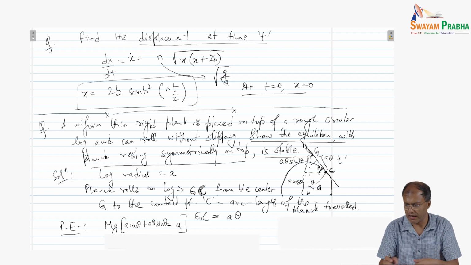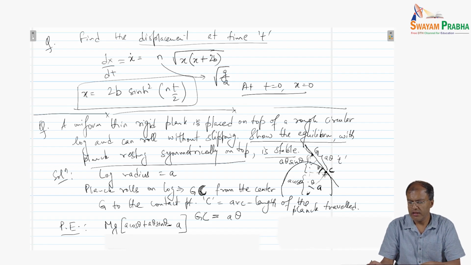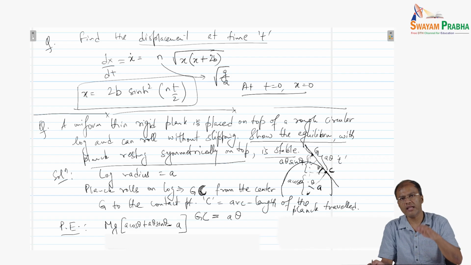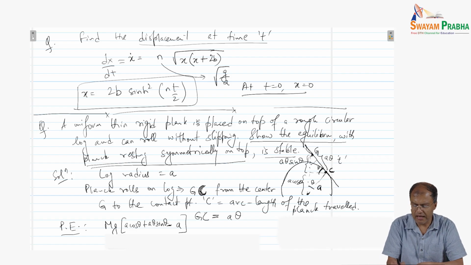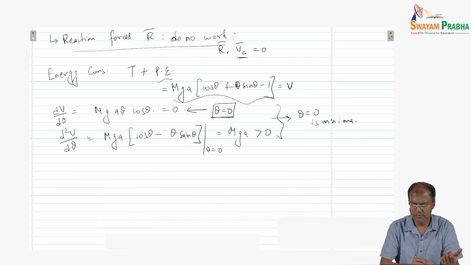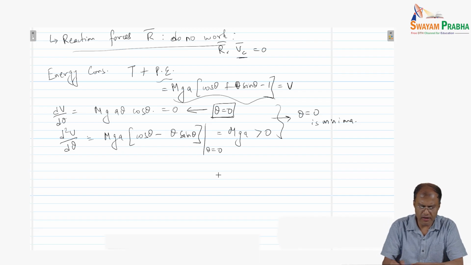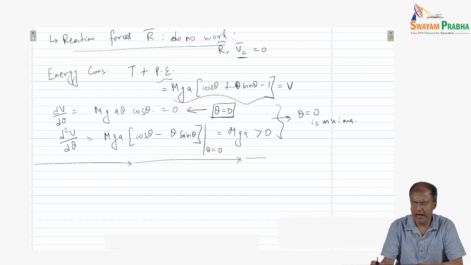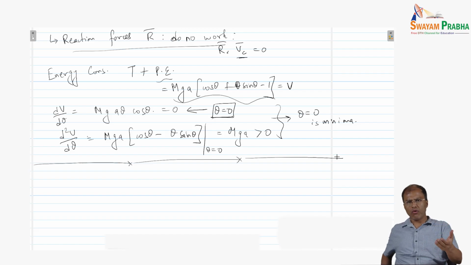Let us go back to the diagram. When theta is 0, we expect that the contact point is at the highest point, which is at the top of the log, right? So when the plank is resting symmetrically on the top of the log, we have a stable equilibrium, and that is what we have shown in this problem. Okay. So in our next set of discussion, I want to shift my focus a little bit